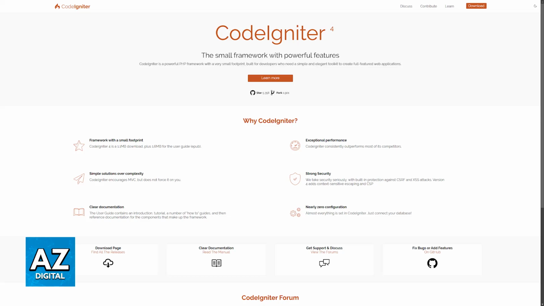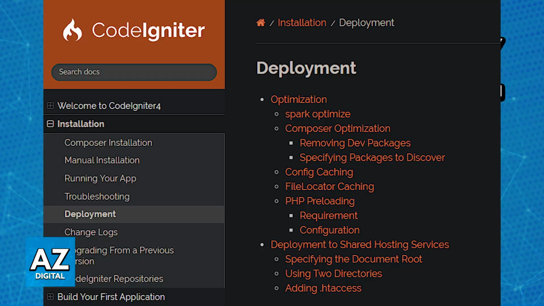So modify database.php file in the config directory to reflect the live server's database credentials. Update the base URL in config.php to match the server's domain name. And with all of these preparations done, you just have to choose one deployment method.